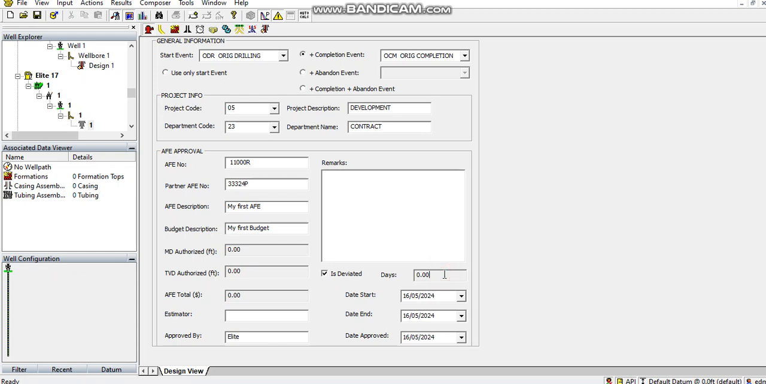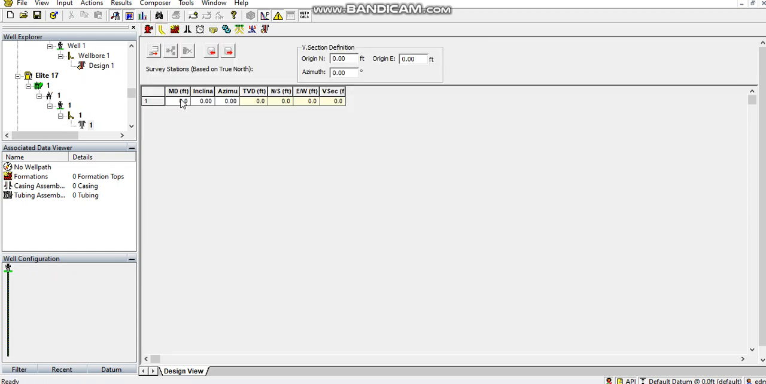So we cannot put in the number of days here. You can put in any remarks here. So you put in a start date and the end date. After that, so this is the information we are putting in. We shall go here and put in our